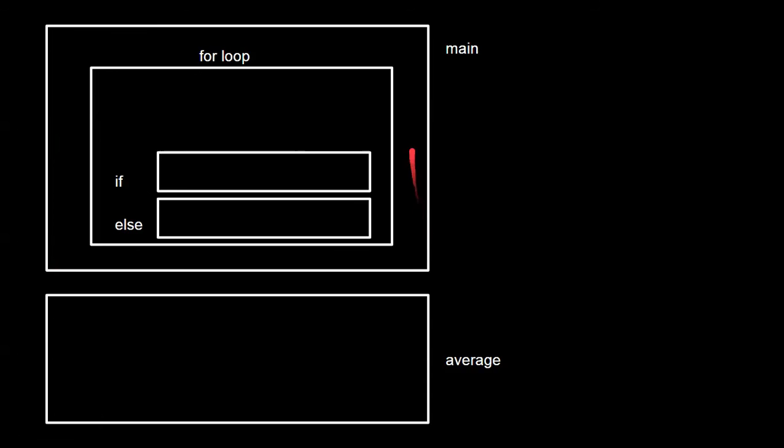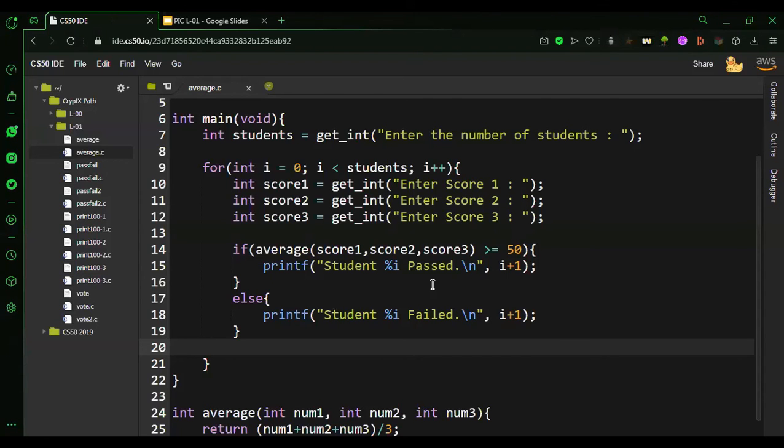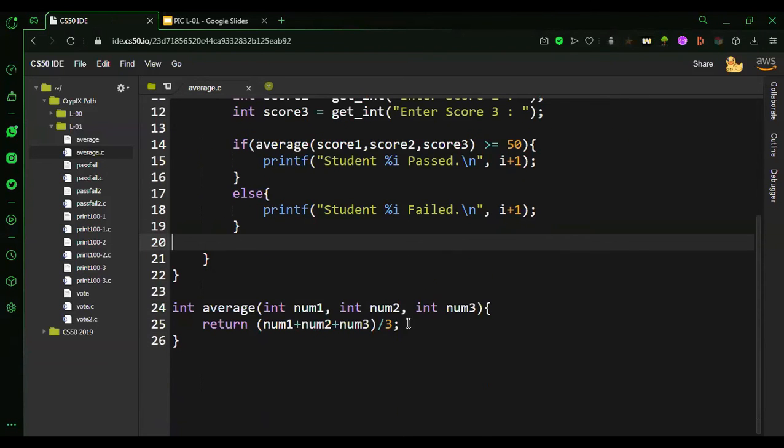Okay, and then for example, if I declare a variable in the if statement, I cannot use that variable inside the for loop, because the scope of the for loop is far bigger than the if statement. Okay, I can do it like this. For example,